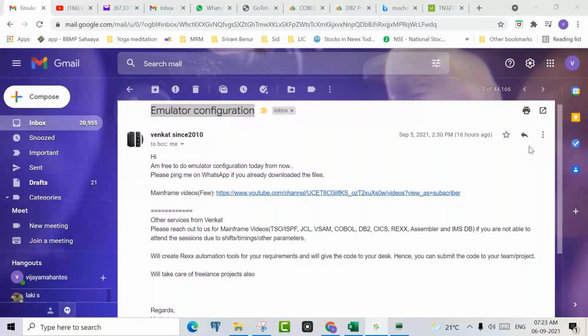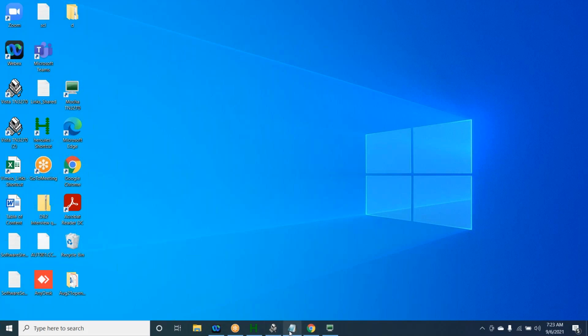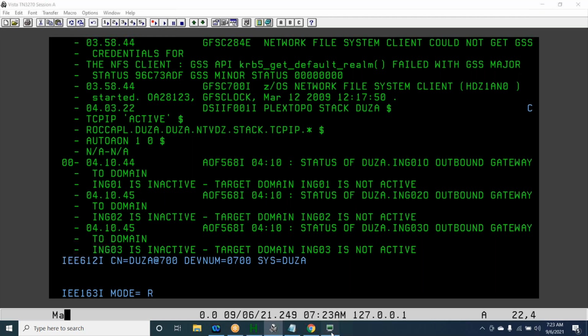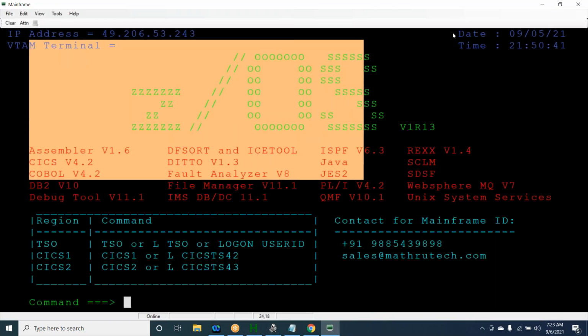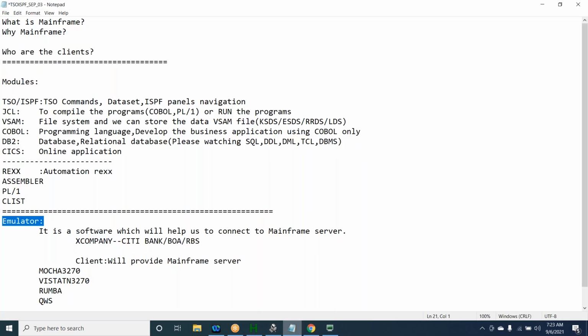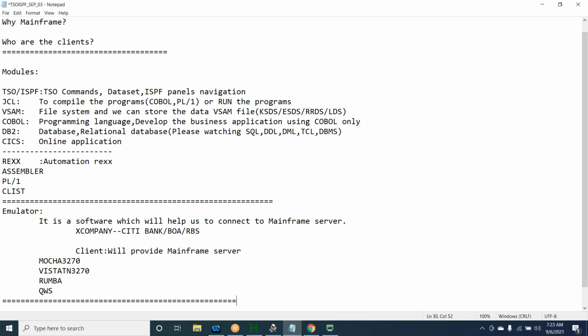I'm sharing my desktop. Okay, team, this is just an idea I'm giving you, to understand practically what an emulator is. I showed you practically, as simply as possible, that I connected to the mainframe server. We'll see the rest of the things later. Next,